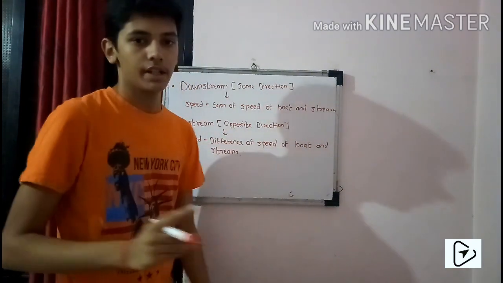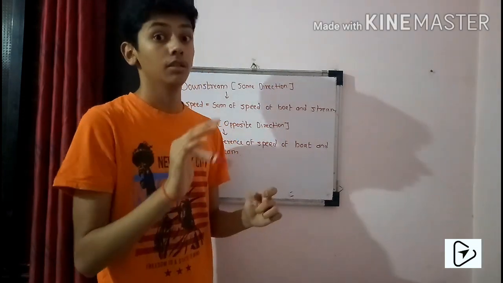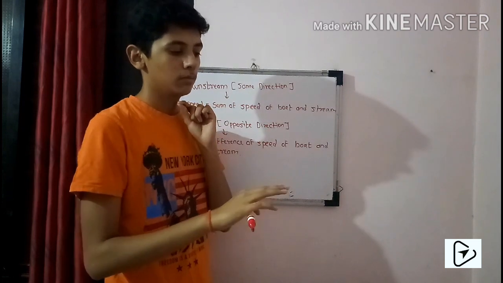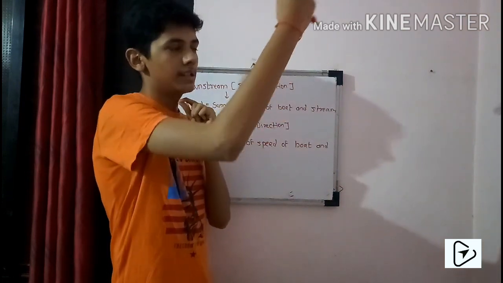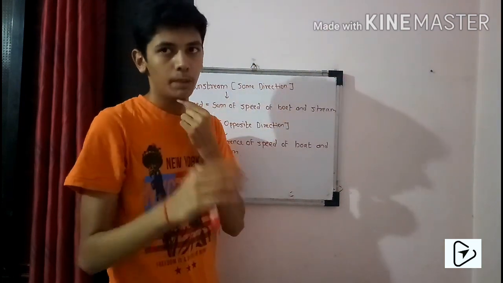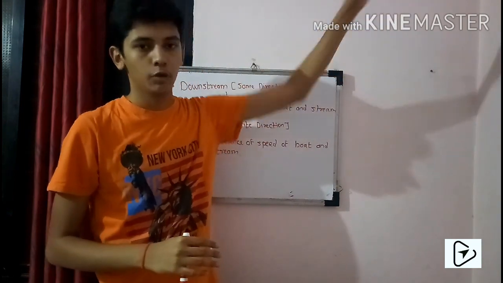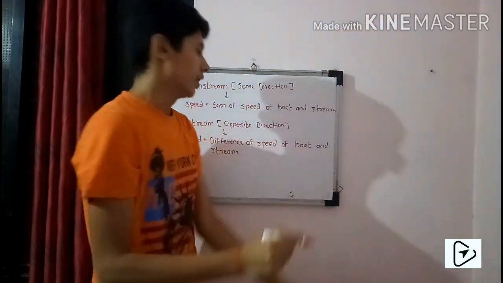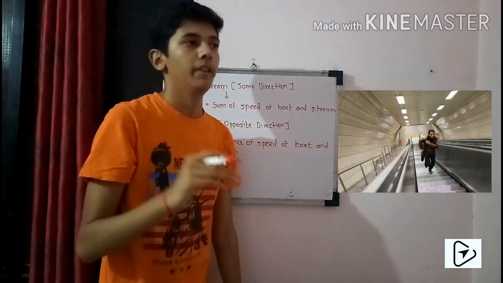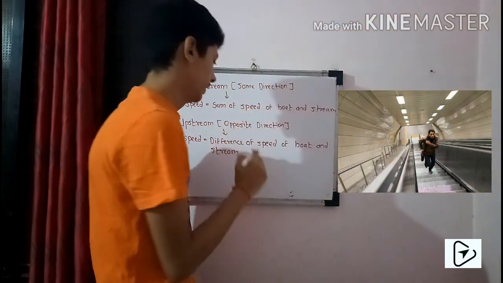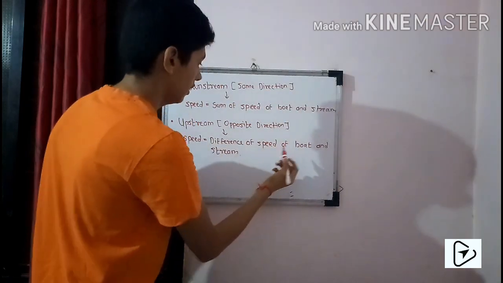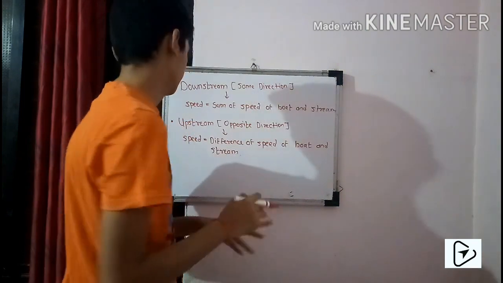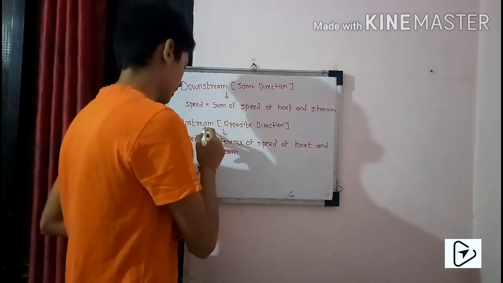Let us take the same escalator example. If a person is trying to move upward from the bottom of the escalator, he will take more time, because the escalator is coming from up to down, and it takes effort to go from down to up. The escalator pushes him down, so he needs more effort to go up. In that case, we have to take the difference between the speed of the person and the speed of the escalator. Relate that condition to upstream. We have to do the same.